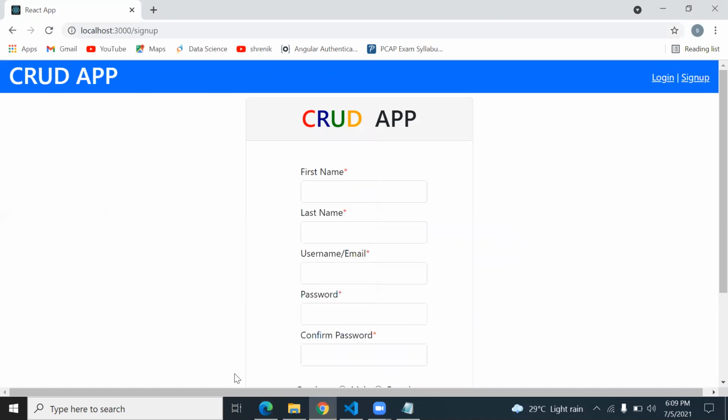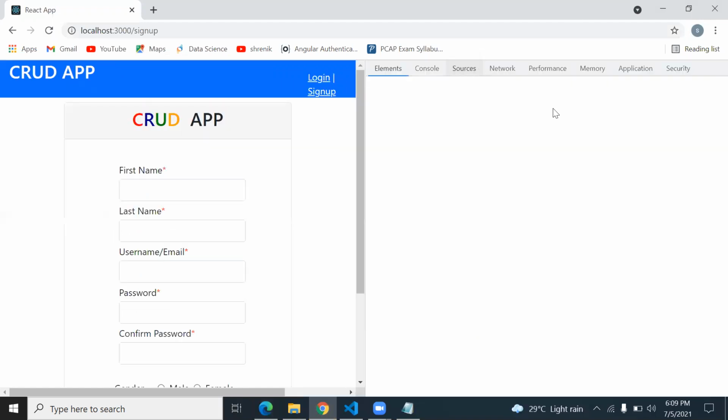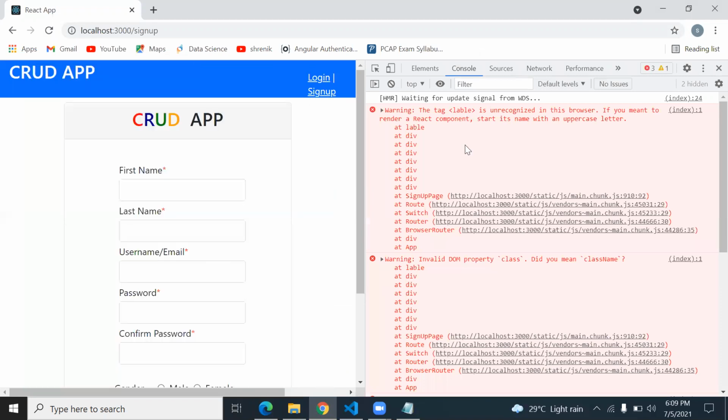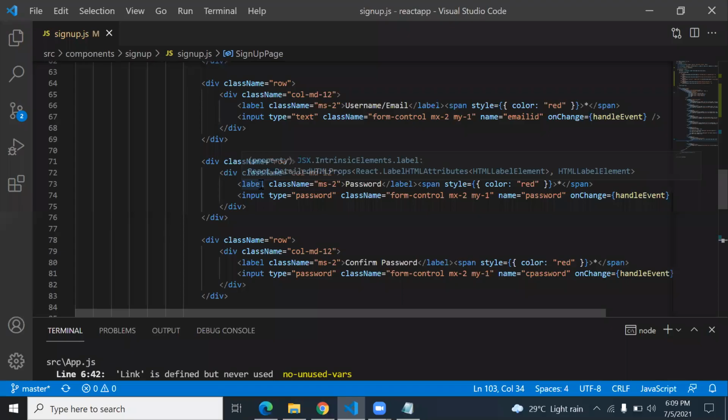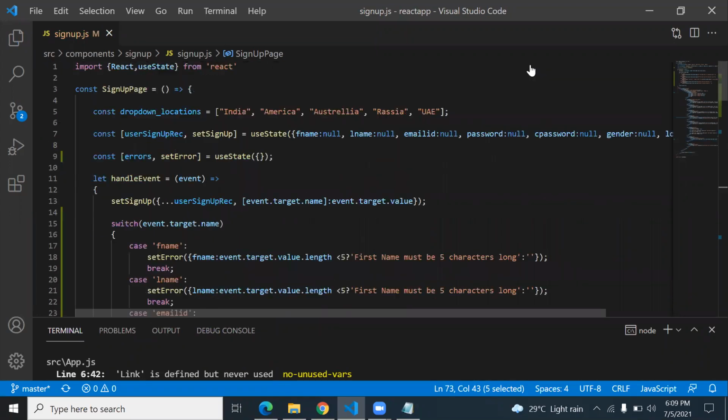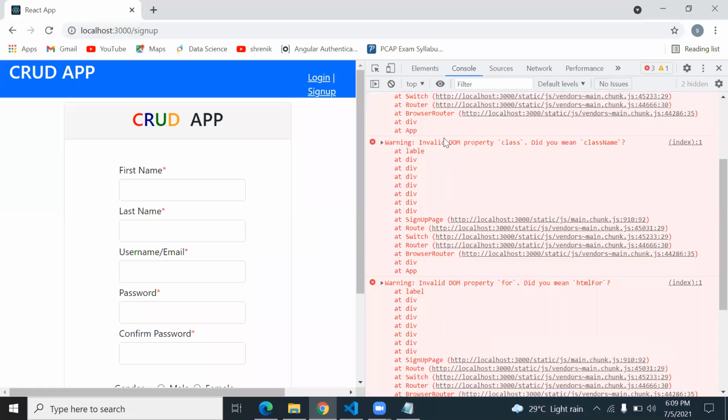In the inspect, go to console. So there is a problem with label. Okay, so I ignore this one and the invalid property class.